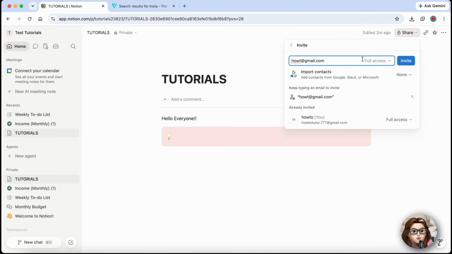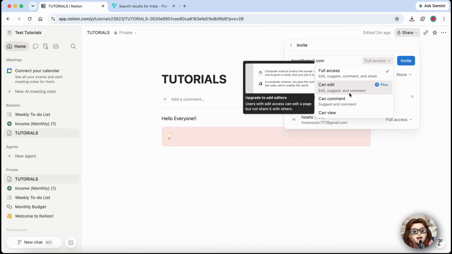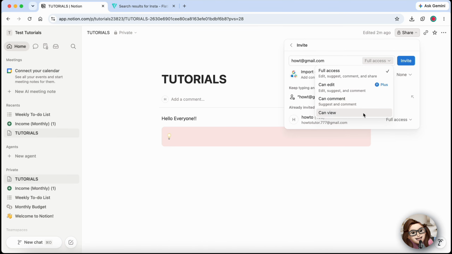You can allow them full access, can edit, can comment, or can view, depending on what they need to do on the page. Once you've selected the appropriate permission, click Invite. Notion will send an invitation to that email address, and once the person accepts it, they'll have access to the